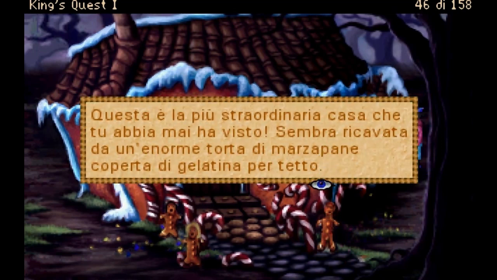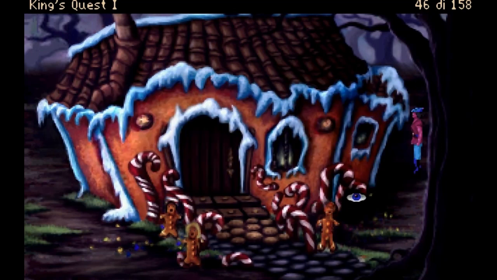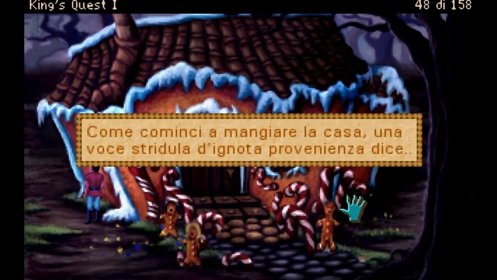This is the most marvelous house you've ever seen. It seems like it's made of a huge gingerbread cupcake with frosting for a roof. The chimney is made of gummy bricks. The door is made of chocolate. The fence is made of candy canes. And sour ball stones and gumdrops are scattered around the yard. As you begin to eat the house, a squeaky voice from somewhere says,